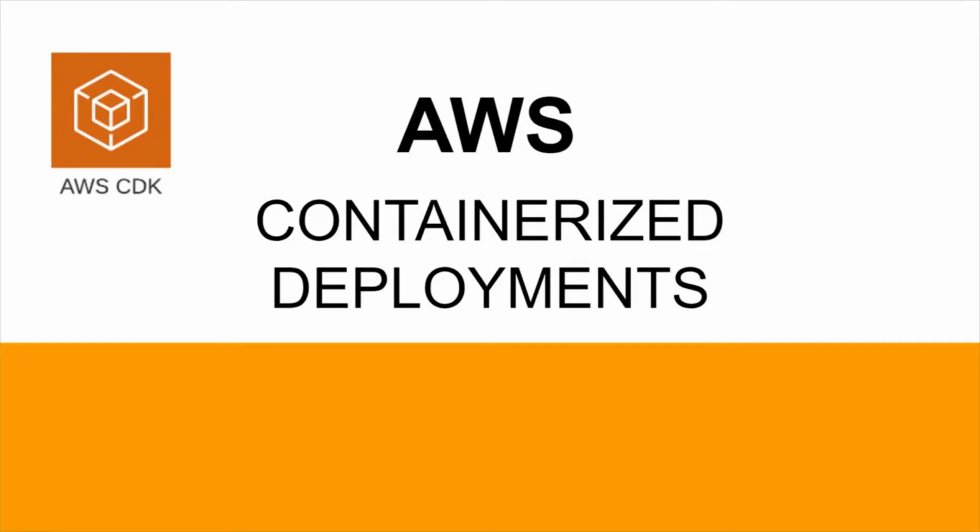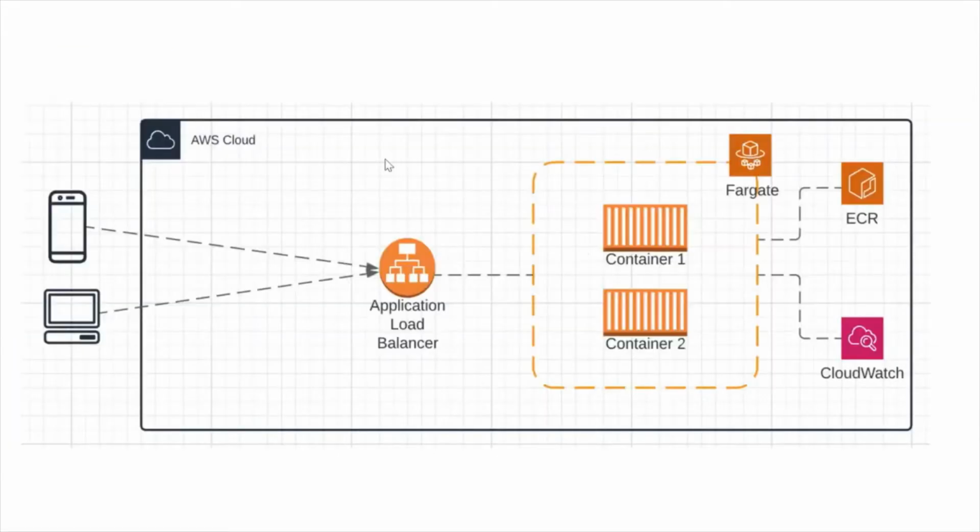As part of the demo, we will build a Node.js application and deploy that to an ECS cluster. So in terms of resource provisioning, we will be provisioning a VPC, and then we will be provisioning an ECS cluster with 2 containers in it. So let's head over to Visual Studio Code and start building the application.